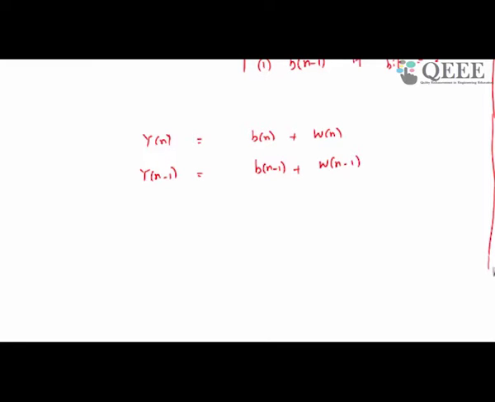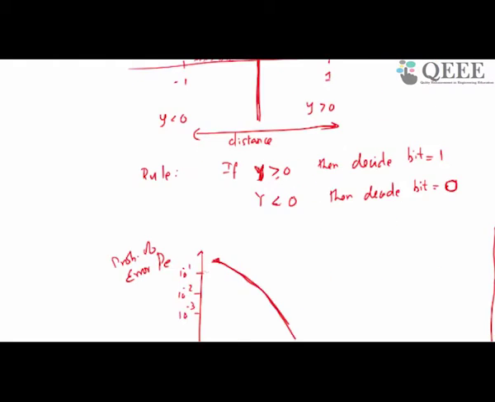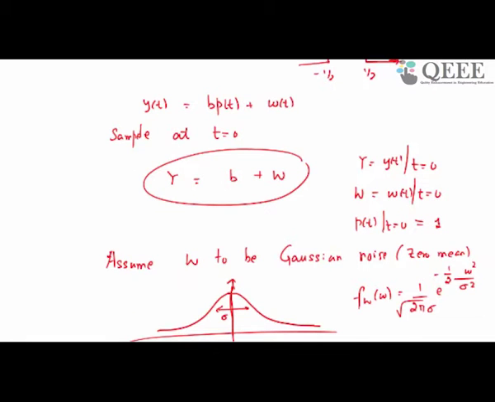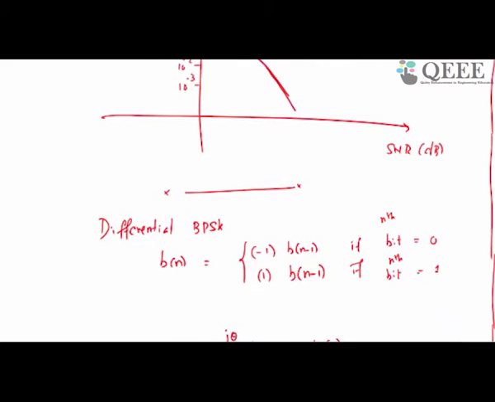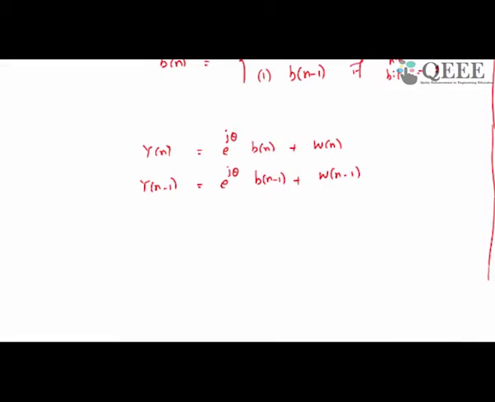But one important thing is I might have some phase mismatch between transmitter and receiver. Earlier when I talked about BPSK, I was assuming that there is no phase mismatch between transmitter and receiver. Only in that case BPSK will perform well. If there is a high phase mismatch between transmitter and receiver, BPSK will not work well. On the other hand, differential BPSK works even if there is some phase mismatch.